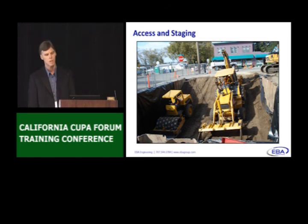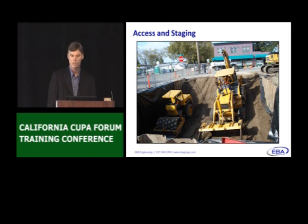same job. You can see the excavator's been parked, but we got a backhoe and a bow mag in here. You could also notice that here's my staging area. I've got, and I use my pointer here, that we've got sanitary facilities in the background. I've got fencing. I've got pedestrian and controls, and I've got a site that I consider to be well in hand. For me, that's a first and foremost issue of safety, but it also, for me, as a CUPA agency, when you walk on a site, you should not have loose ends out there about safety, access, exclusion, or what's going on with the site. We like to keep our sites tidy and neat. The structural shoring here, by the way, is very much a safety issue, and we've got some pictures of that